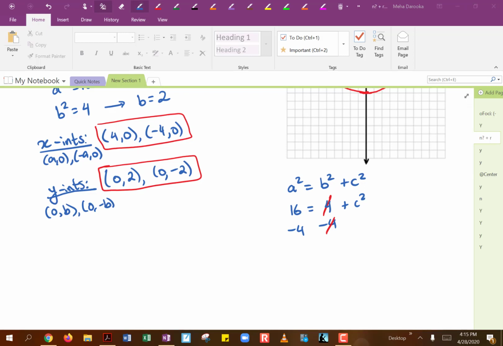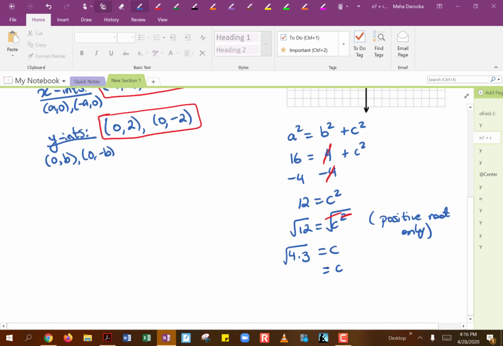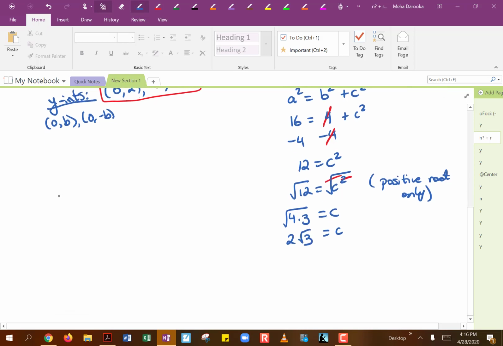16 minus 4 will of course give us 12, and then 12 equals c squared, so we'll go ahead and take a square root on both sides, and again we're only keeping the positive root. And you will need to simplify square root of 12, which can break down into 4 times 3. And that of course tells you c is going to be 2 square root of 3. So as our foci,